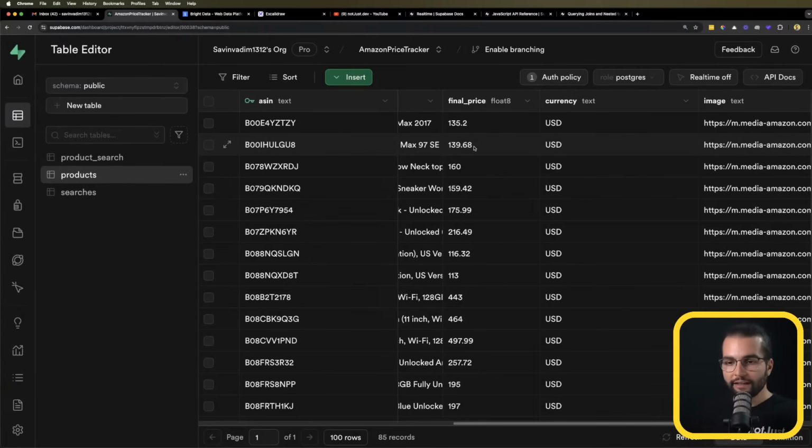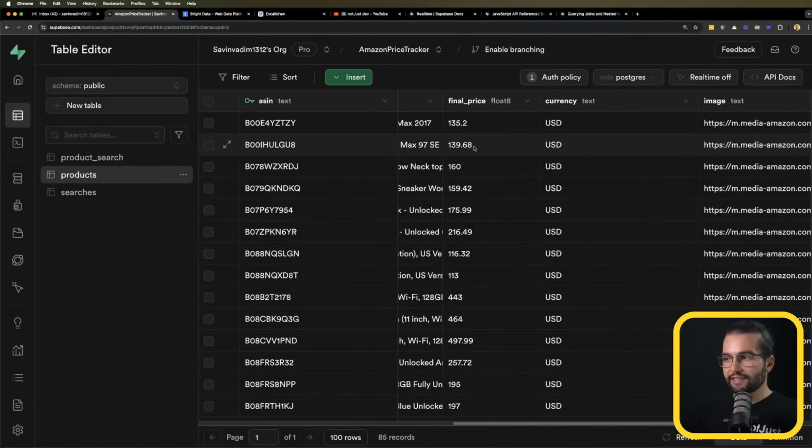And I would like to keep this table as a representation of the current state. What is the price at the moment, or let's say at the time when we last scraped Amazon, what is the title, price, and so on. And I want to keep the history of the data